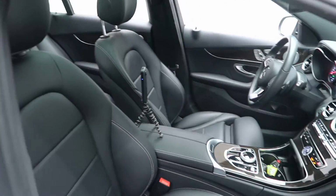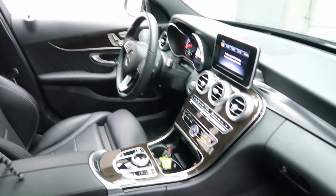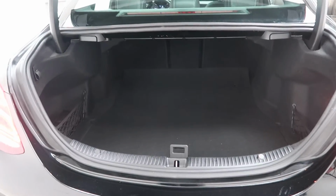a black MB-Tex interior with a dark brown linden wood trim, panorama sunroof, rear spoiler, C300 4MATIC badging, plenty of trunk space, fold down rear seats,